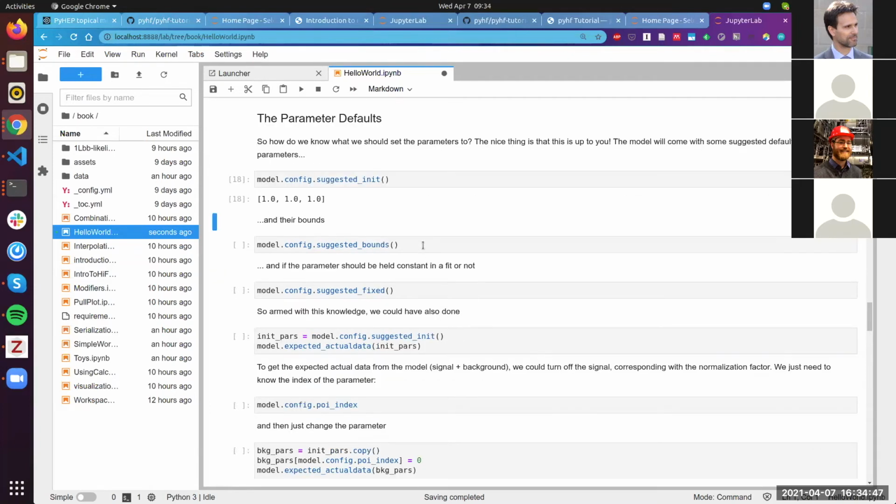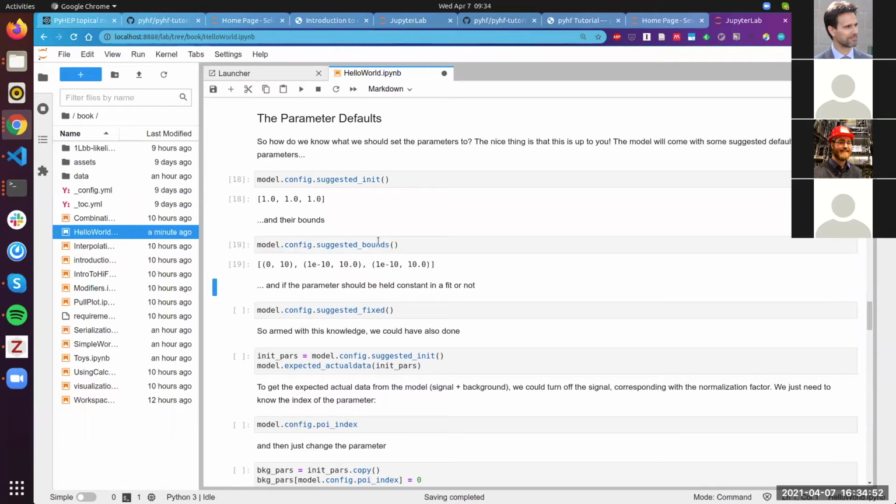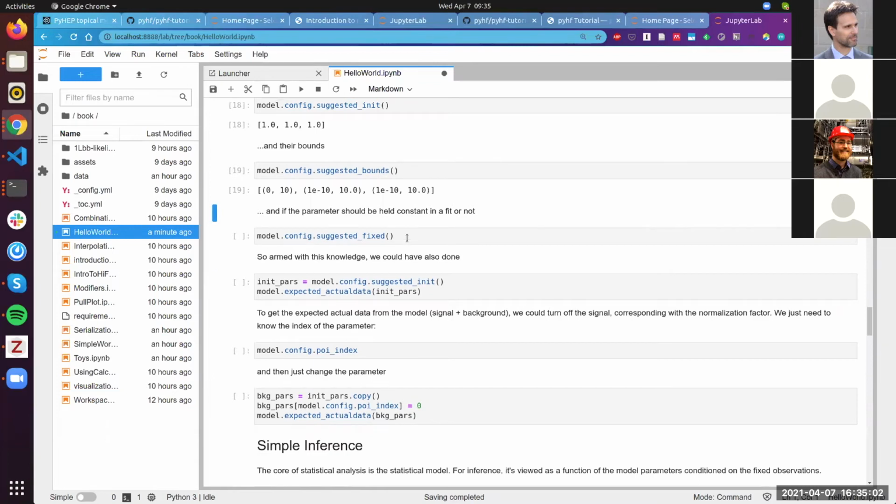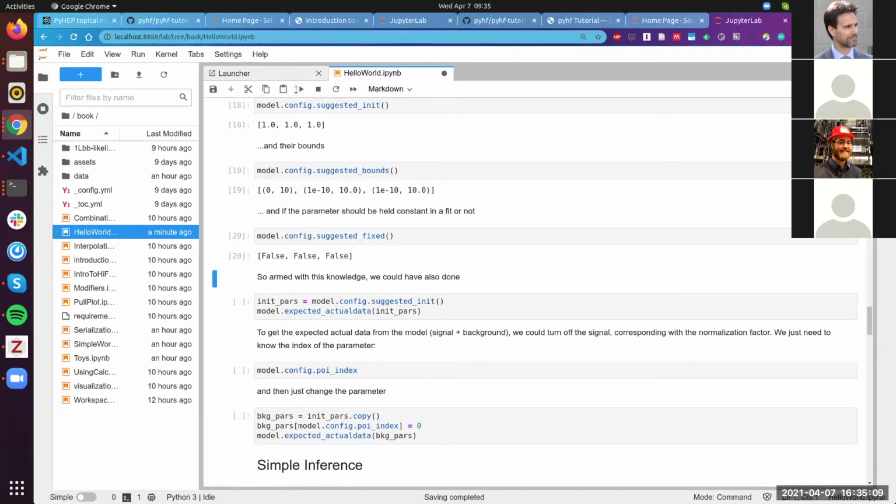And then likewise, all of these model parameters need to have bounds. And so they also have suggested bounds as well, where you can see they're by default constrained between 0 and 10, which given that we're talking about multiplicative factors, seems pretty reasonable. And then you might also say, okay, I might want to have the ability to fix certain model parameters to values that I know I want to constrain, or values that I know I want to pin. You can do that as well, but